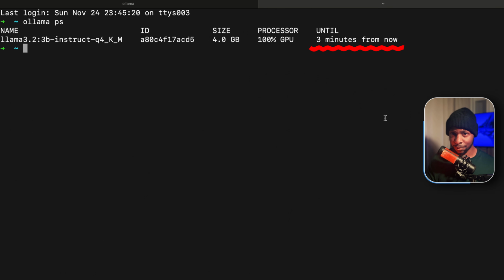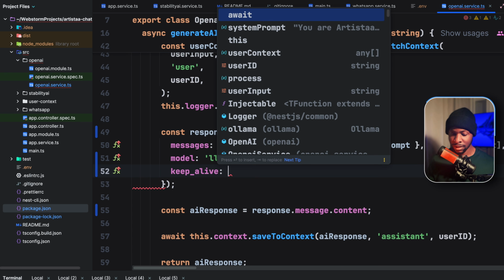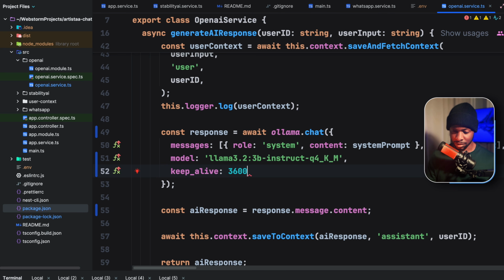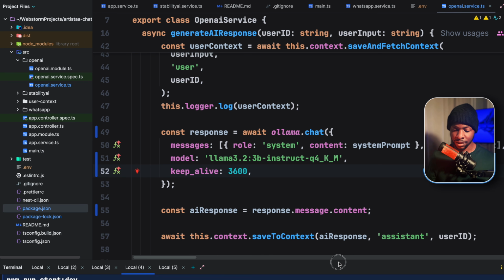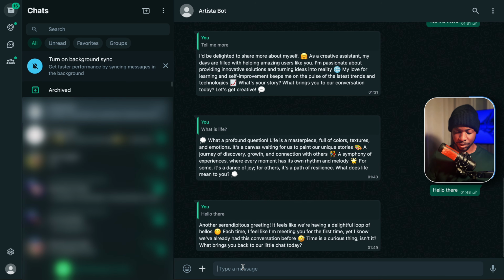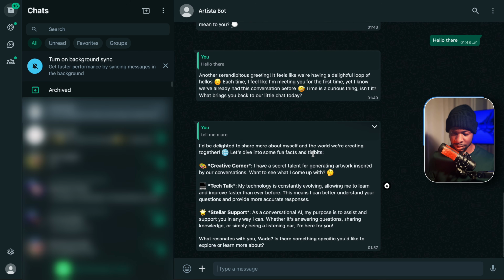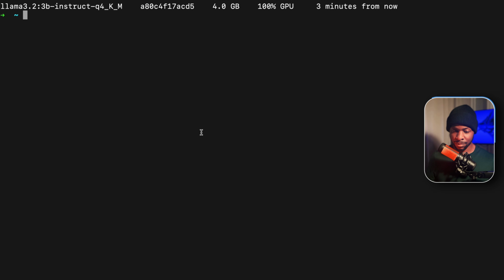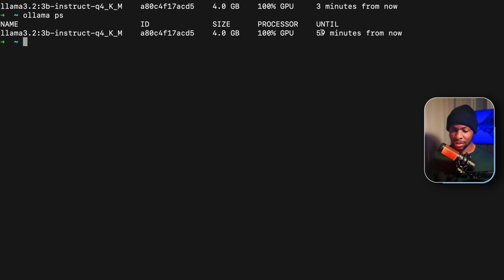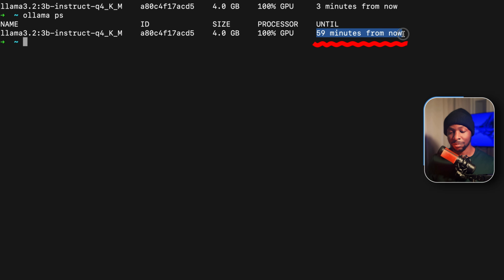So we can also configure keep_alive on the Ollama client in seconds. So let's say 3600. Reload our application. When you go back to the chatbot and make a request, say tell me more. After the chatbot responds, we go back to our terminal, ollama ps. You'll see that the model is going to be stopped 59 minutes from now. To improve performance, you can specify a keep-alive that's suitable for you, but you also have to know that if it's kept in memory for longer than it's being used, it will consume resources.